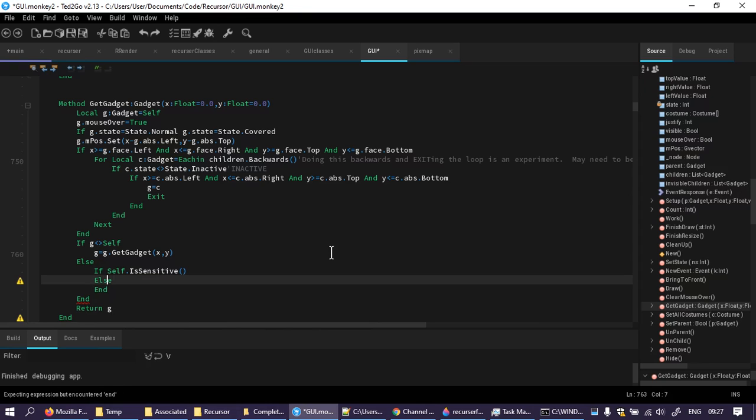Because what I want is for it to dive back down through the tree to whatever the last thing that it definitely sensed was. And what will be the last thing? Like now, what happens when it returns null? Like if I, oh god, so